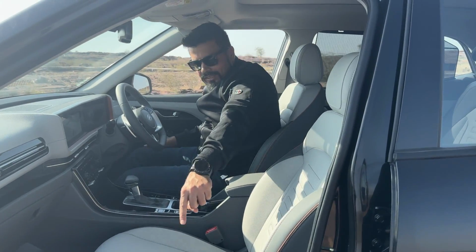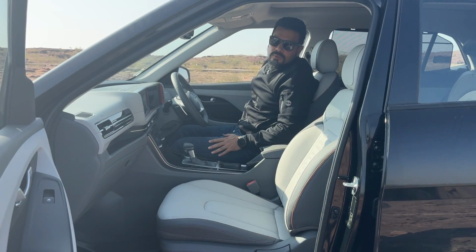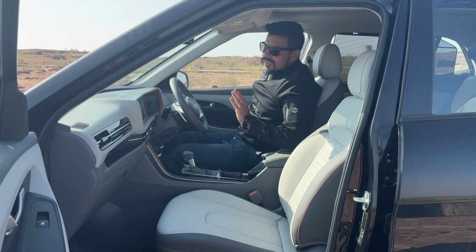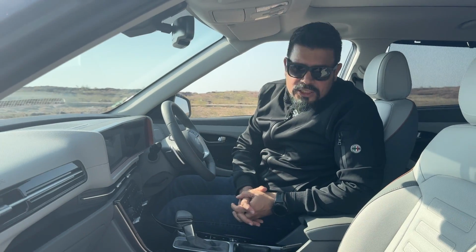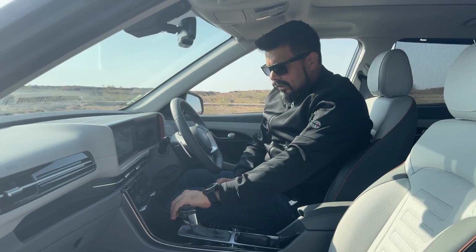The passenger side seat is not electric though. Also, I miss lumbar support. I really wish there was lumbar support on the driver's seat. It's not there. This is the diesel 6-speed variant, and you have the automatic gear selector here, high quality finish,